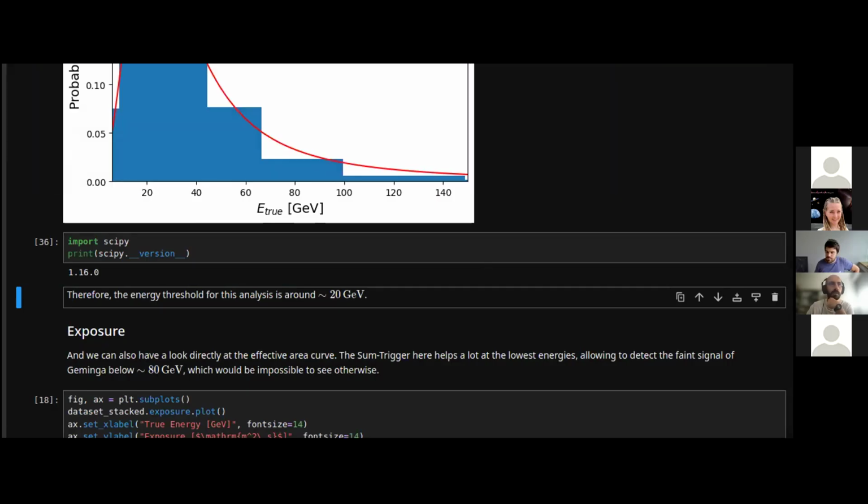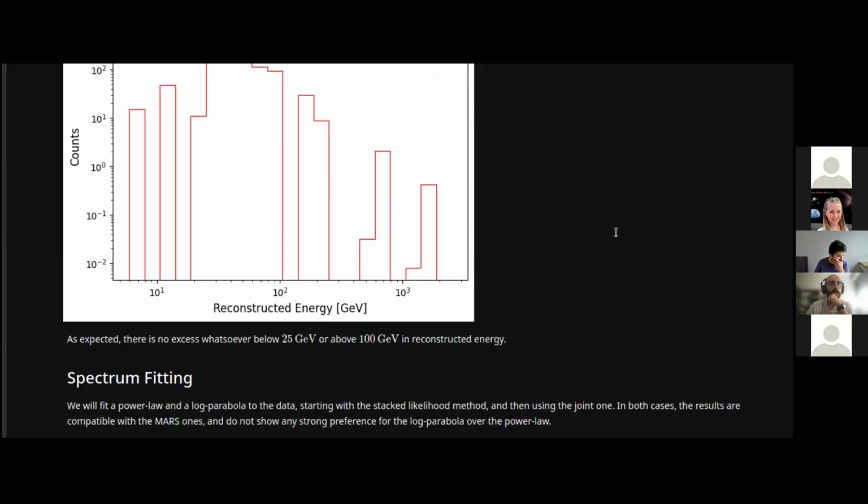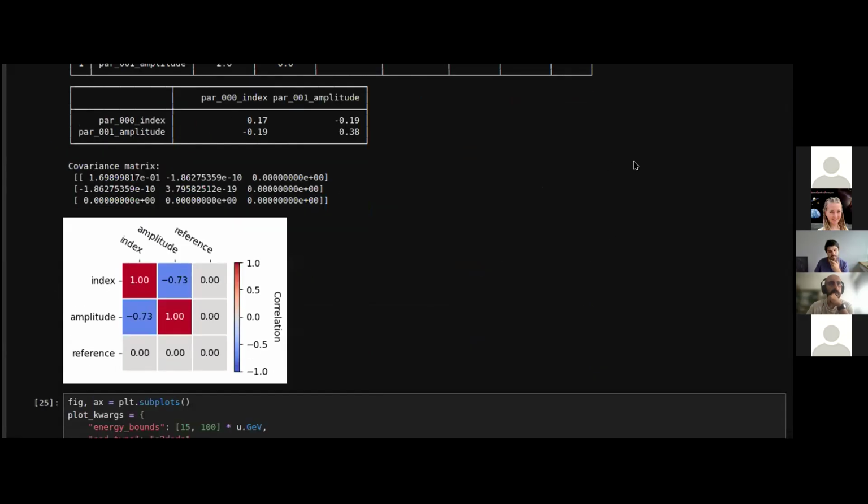I think something really interesting that Giovanni is showing that we didn't look at yesterday is the covariance matrix of the parameters. In this case, maybe it's not so informative because you have only two parameters, but you can still see how